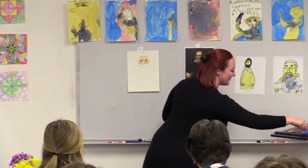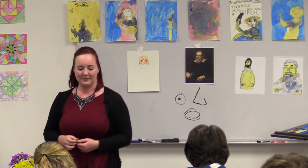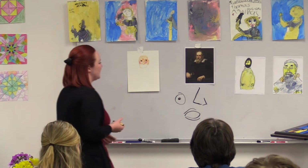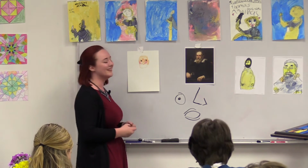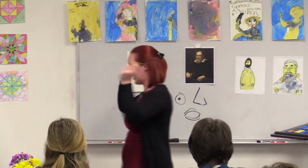Are they really blue? They're very lightly blue. They're like a bluish gray. Yeah. So I just mixed the black and the blue. So I'm actually going to get out my yellow stick crayon and my black stick crayon for